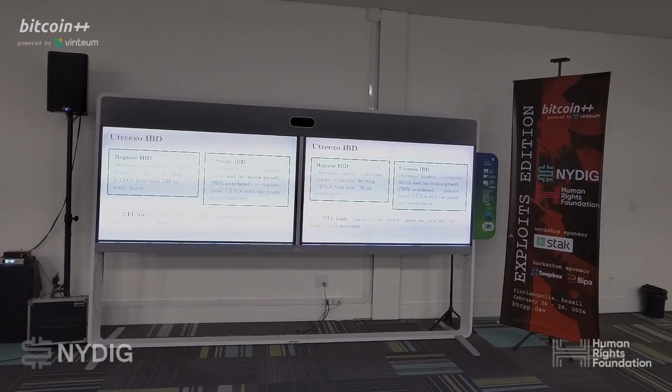So how do Utreexo nodes do IBD? Regular Bitcoin Core nodes download the headers, they do header sync, they download every block, they validate every block, which means checking every input for inclusion in the UTXO set. And then if you are spending a UTXO, you need to delete it from the UTXO set, and you need to write the new UTXOs to the set. So a lot of I/O. That's not ideal because it takes a long time, and you're bottlenecked by disk speed.